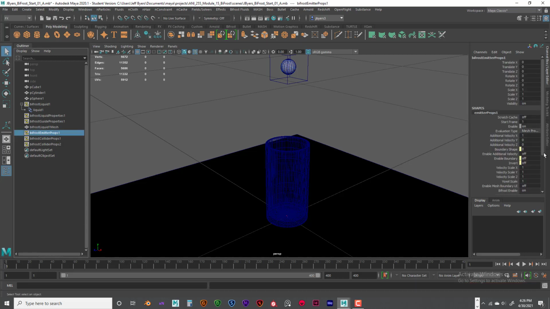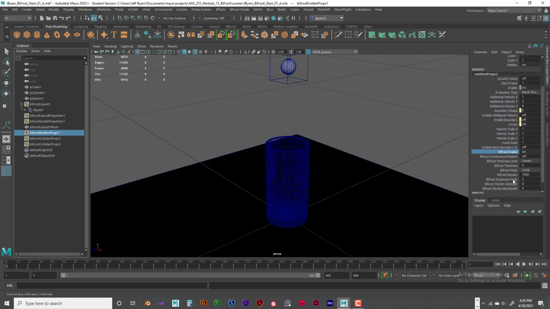All right. So at frame 1, we would like that on. Okay. So BiFrost. Where's that at again? I lost it here. Continuous emission right there. So that needs to be on. There we go. Alright, so it's on. So at frame 1, make sure at frame 1, and then right click over it and